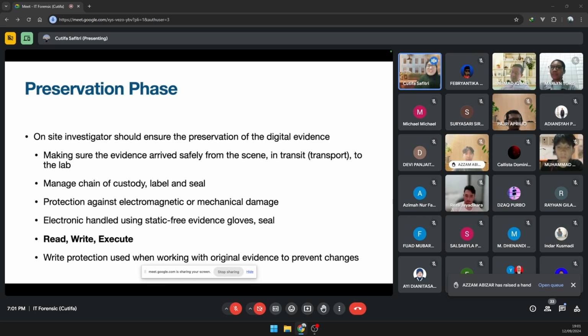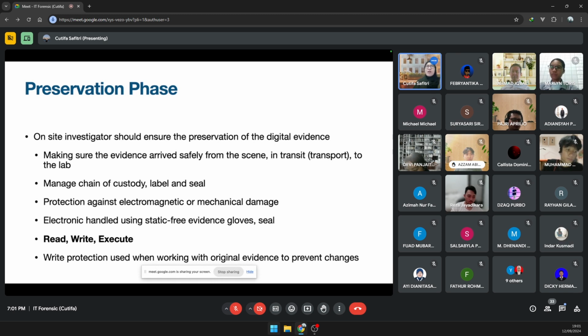Again, chain of custody means that you need to have that evidence with you all the time. And the evidence should be secured against electromagnetic or mechanical damage. You know that high electromagnetic fields and strong magnets could erase our data.